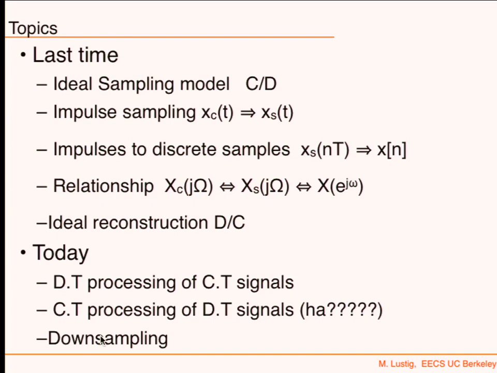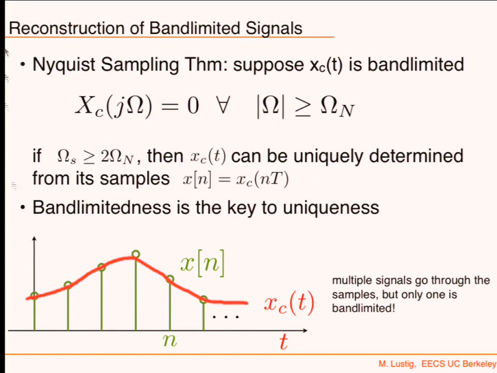Okay, ready, set, go. Okay, last time we talked about reconstruction from band-limited signals. The Nyquist theorem says that if x sub c is band-limited, then if you sample at a rate that is just greater than twice the bandwidth, it's not greater than or equal, it's actually just greater, then x sub c can be uniquely defined. Do you know why it should be just over? Like it can't be exactly the same?